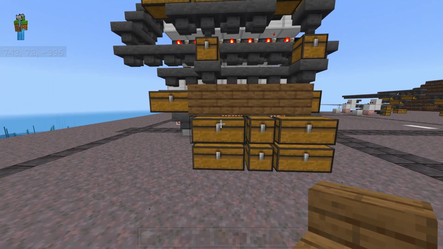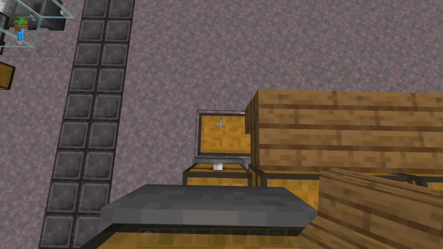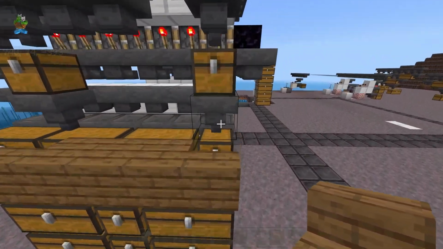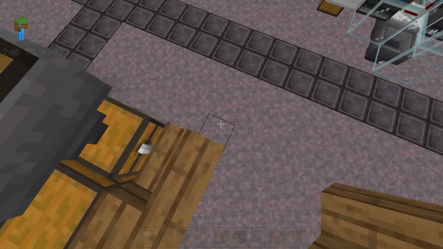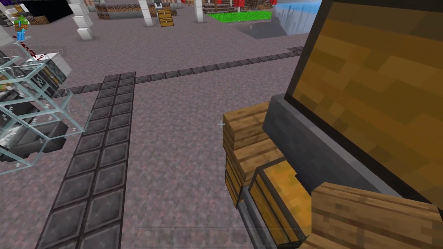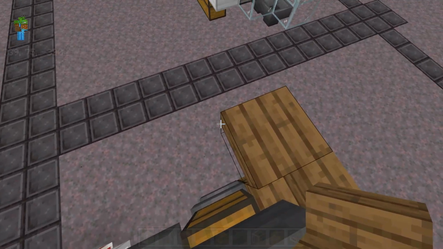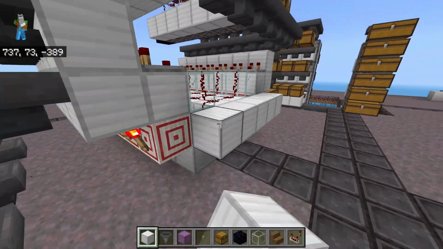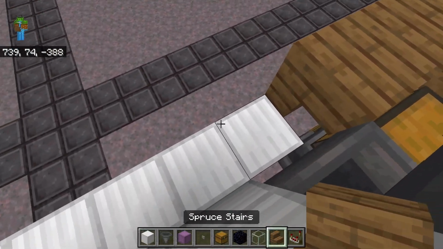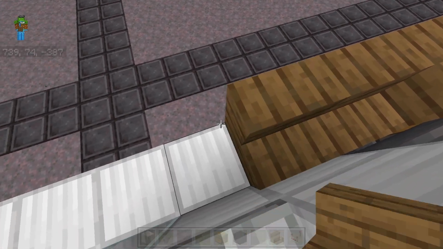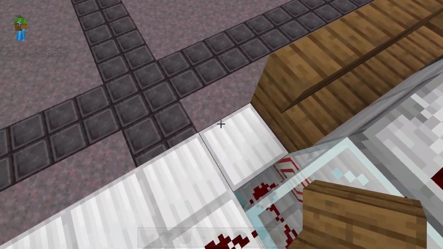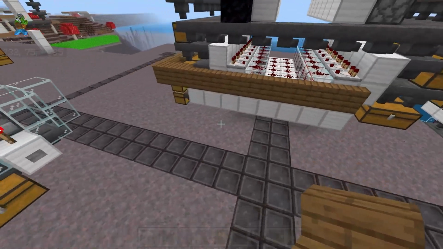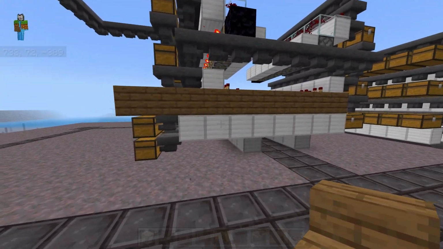I almost always do this, not only because it looks really clean, but it also looks kind of fancy because it's like, why are those chests blocked with solid blocks, man? You won't be able to open your chests, but then you actually can open them. Plus, you can use item frames to easily display what's supposed to go where. Now, I will say it can be a little awkward to place the stairs backwards, especially in survival. It always takes me a minute to actually get the stairs in there backwards so that it looks like solid blocks. But once it's there, it's done, everything's hidden, and you can still open your chests.